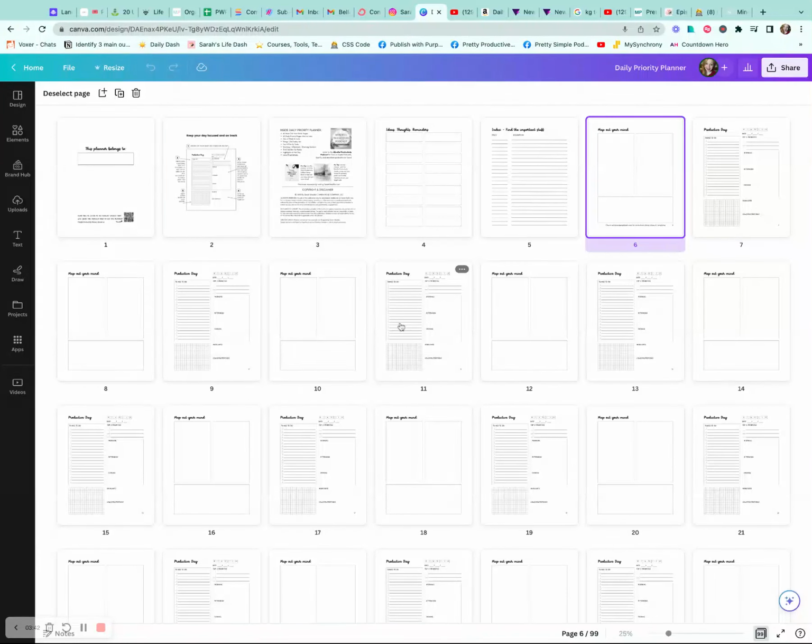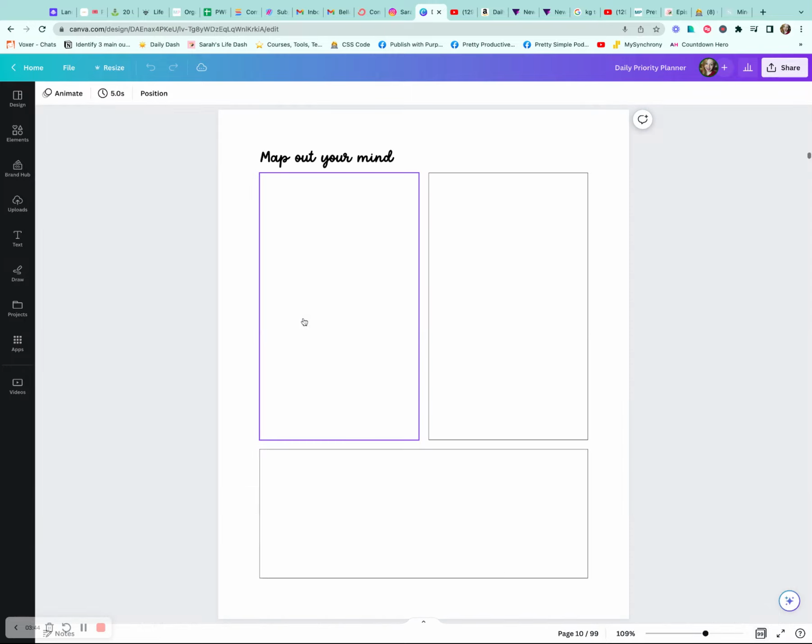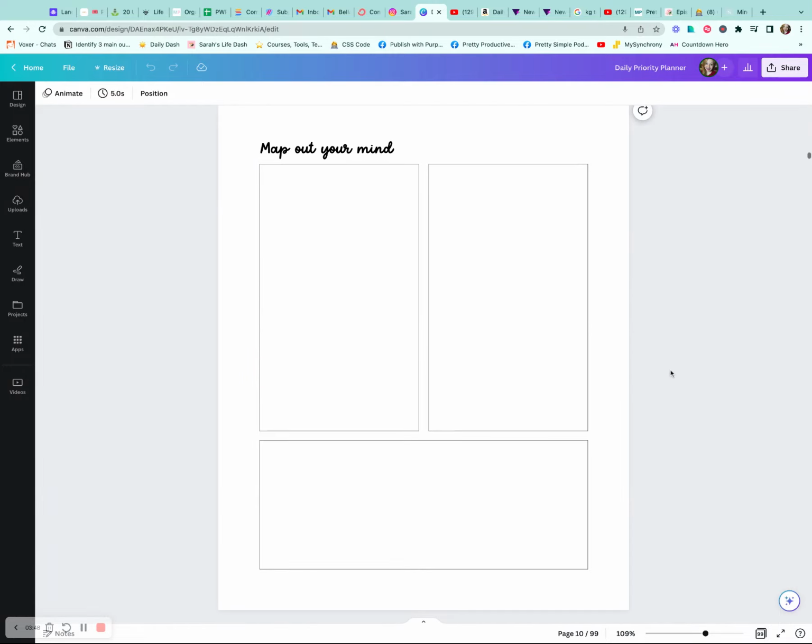So there's 60 of these in the planner, and we can jump in here. So this section to map out your mind, I really like this. And instead of just having one blank space, I actually really like having sections. The way that I typically use this is I will either break this up into different things I want to brain dump, or if I'm working on different projects in my business,